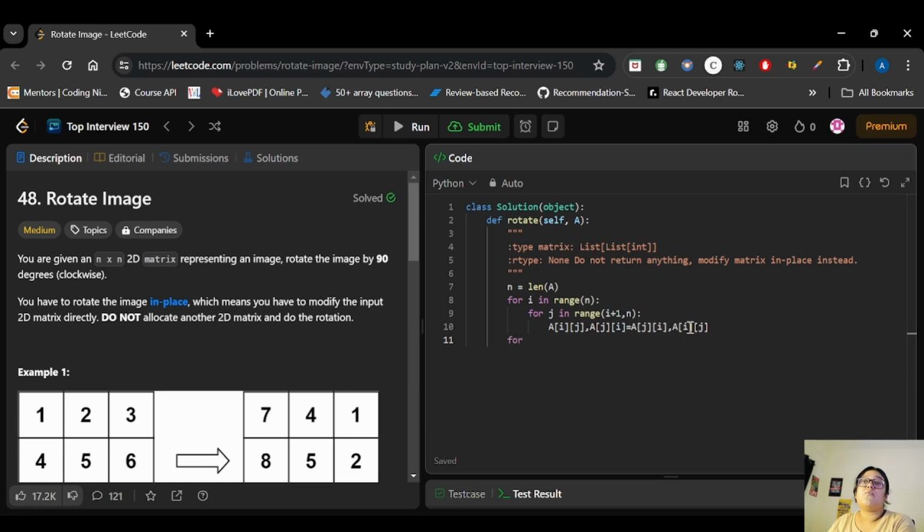After this, directly we can take the row, right? So we will take for row in A. This will help me get each row, and now we will start iteration in that row only, for j in range of n by 2, A of i and j comma A of i and n minus j minus 1, right?